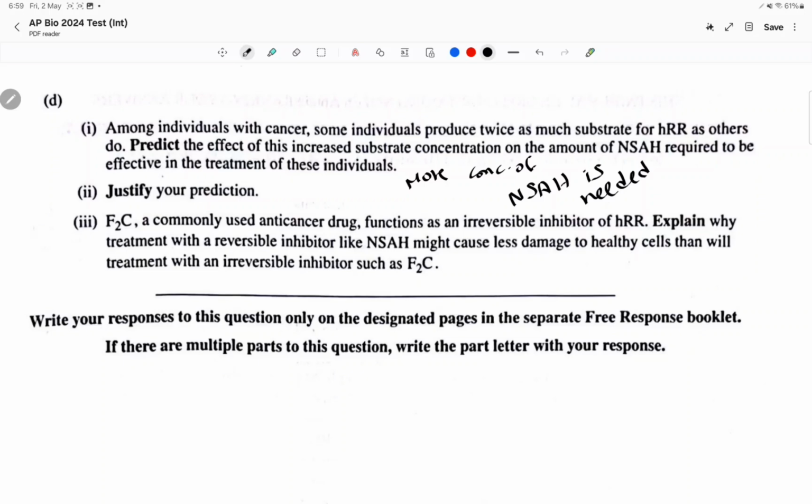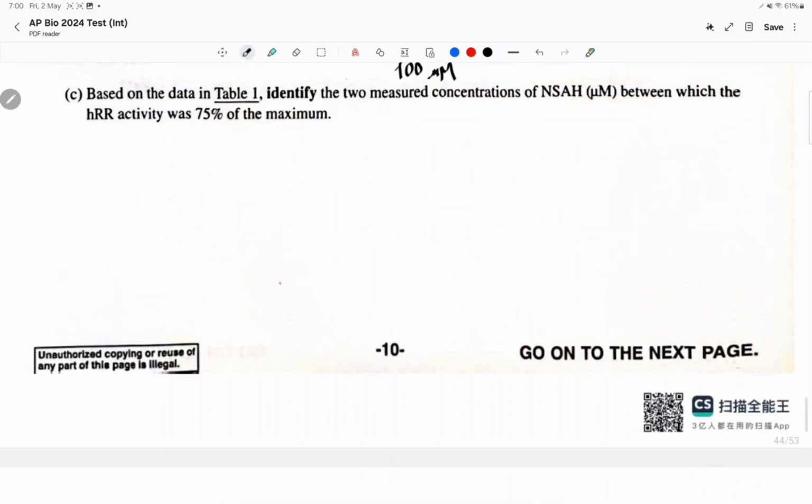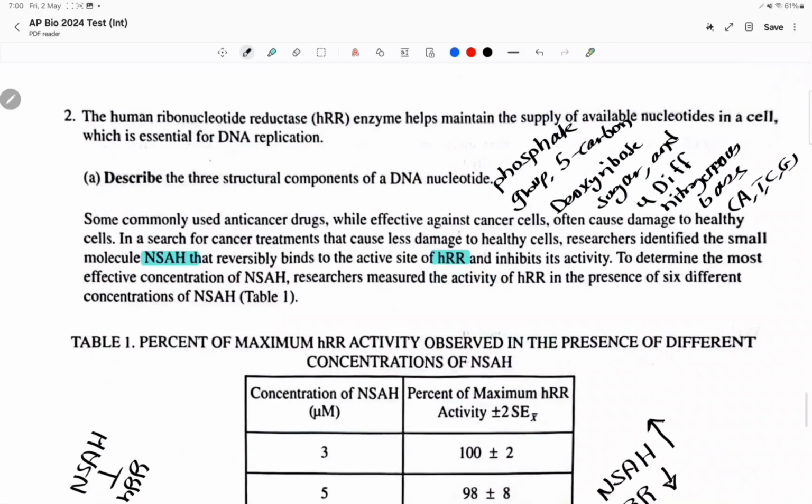Now they're saying justify your prediction. Twice as much substrate for HRR as others do. HRR was the enzyme, correct? And now you're going to have substrate that is competing with NSAH. They both compete to bind to the active site of the HRR. So if you have more substrate, you must have more NSAH to outcompete this amount of substrate. Okay? So if you guys look back at the question, we were told that a